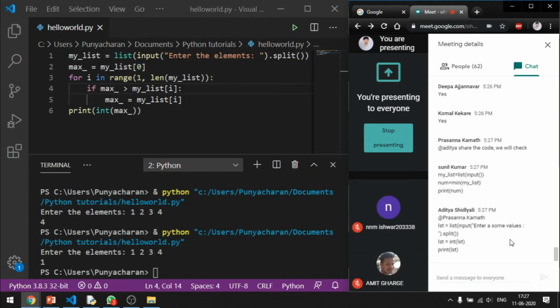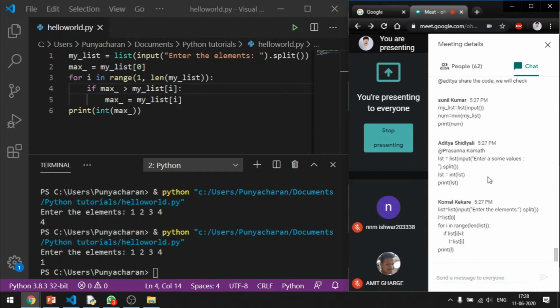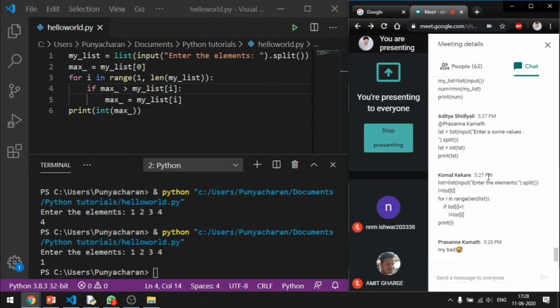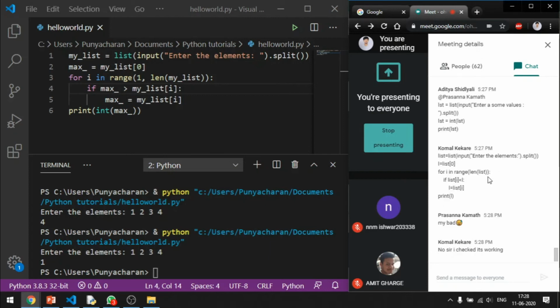Aditya, that is not possible. What you are trying to do is not possible. list is equal to list of input. No, it is going to throw an error. Komal, let's see. Oh, is it? list is equal to int of list.